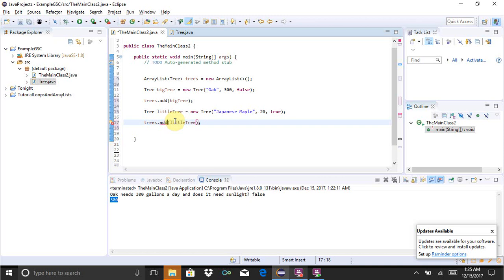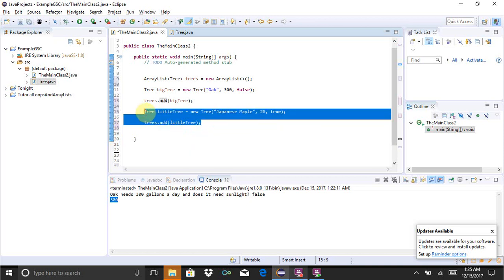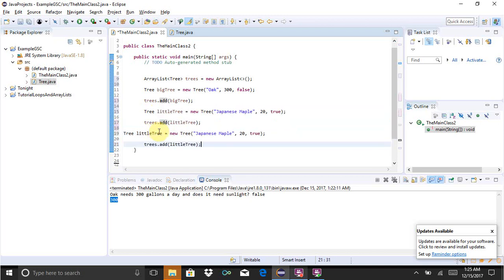Okay, I'm just going to copy this and paste it to create another. And we're going to call this medium tree. And this medium tree is going to be the apple tree. And it needs also 300 gallons. And it needs some. Okay, so